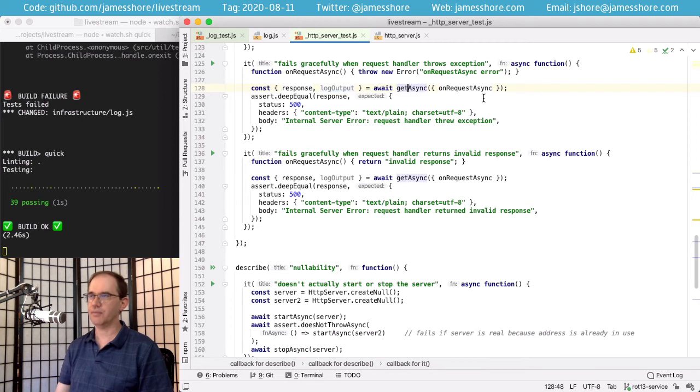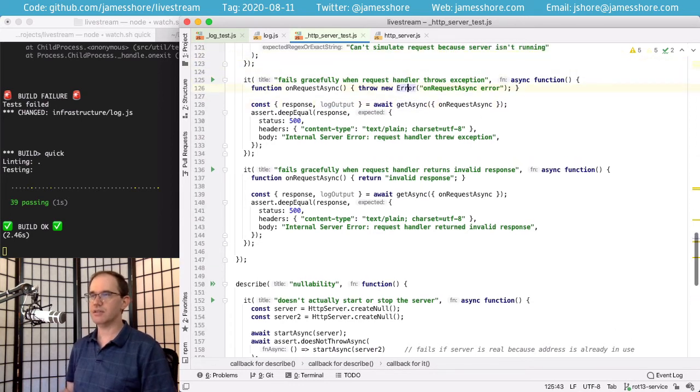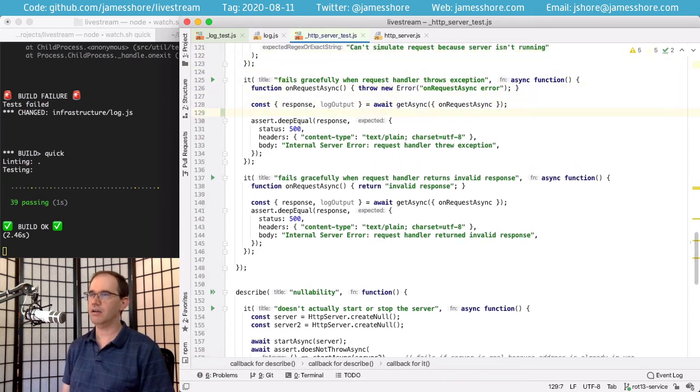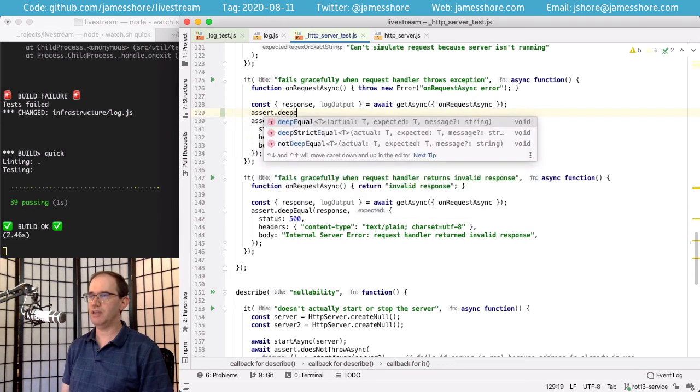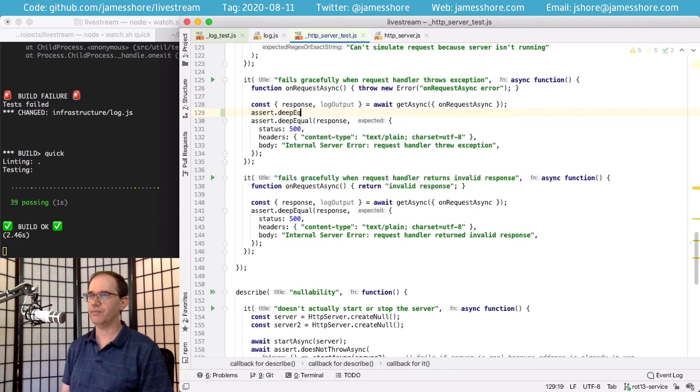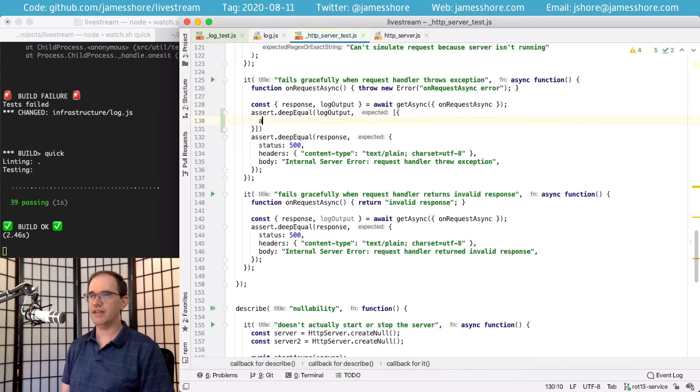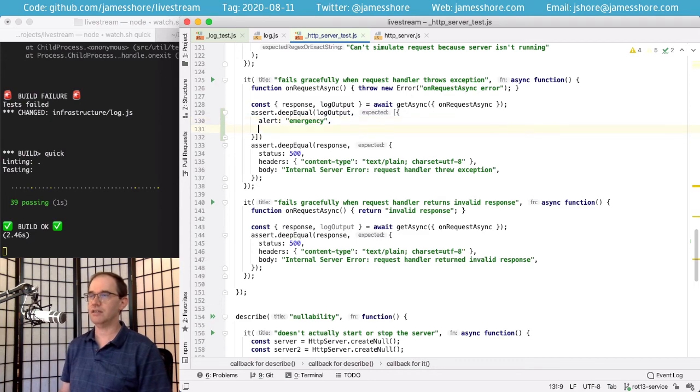So we can now use this output of our track log just by saying assert deep equal log output. We're only expecting 1. And we're going to say that the alert level is going to be, I think, an emergency in this case because we've thrown an exception we didn't expect. So something's gone terribly wrong somewhere and we need to fix it.